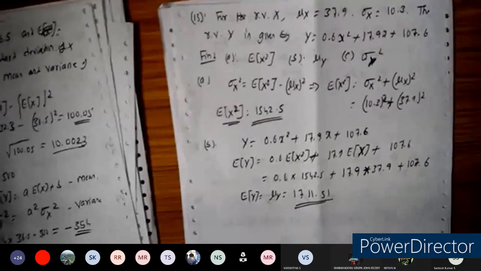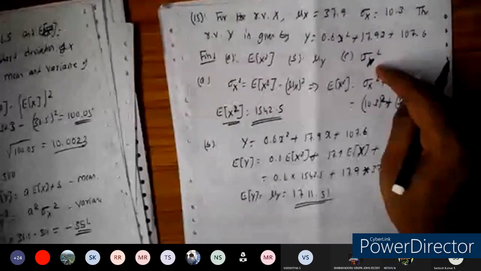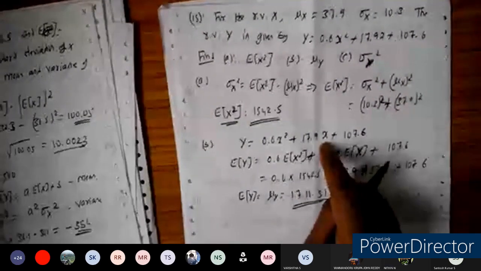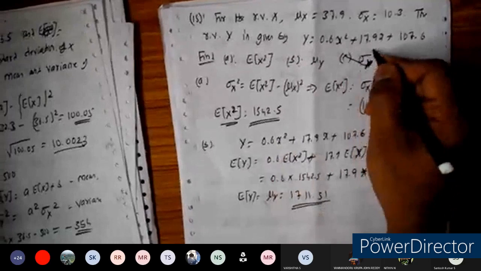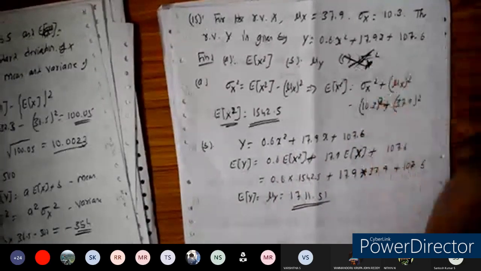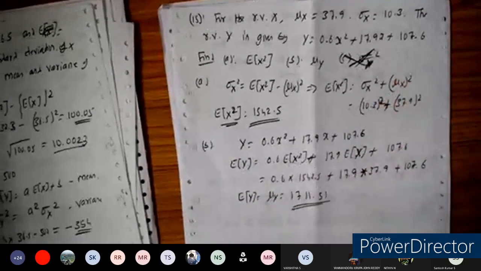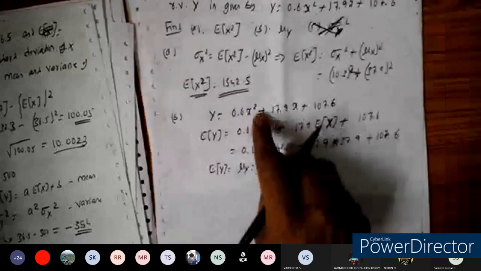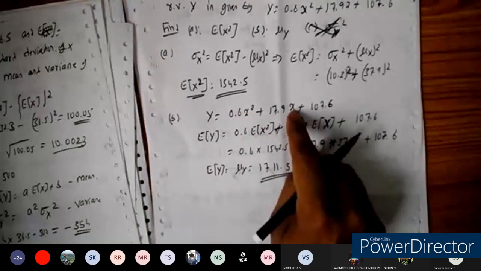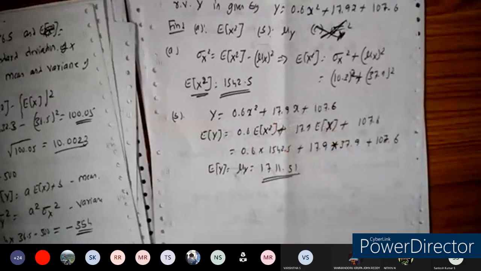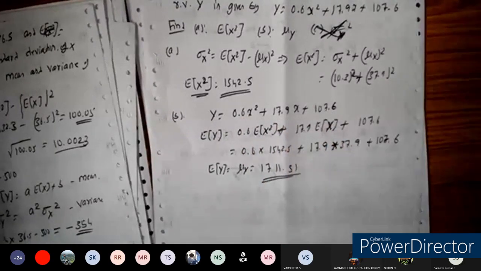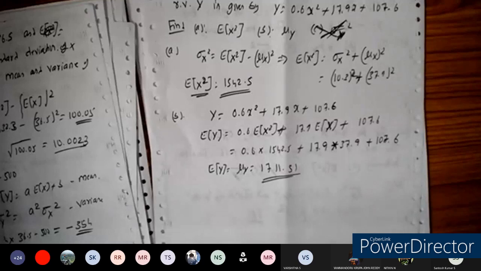Okay, so the variance we can't find out yet. For finding the variance, this one would be okay, but for this one we can't find it here. So let us skip the variance part. Directly we can't find it. The variance of x square: if you want to find it, we need x, but here x square is there, so we can't find the variance directly. So let us skip that part here. Later I will tell how to find the variance. Okay, so done. Okay, fine.